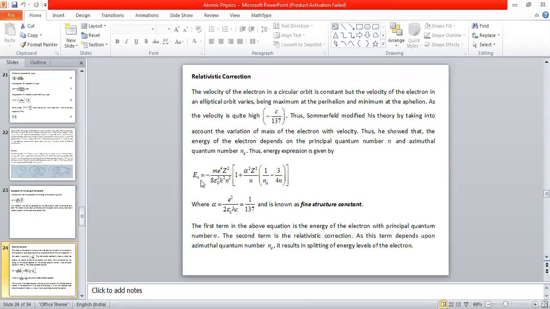So therefore I can conclude that En is now a function of nφ, the azimuthal quantum number, for different elliptical orbits in the main orbit. There are different values of nφ, so therefore energy also changes. So we can conclude that by taking into consideration the variation of mass of the electron, the energy expression actually changes, and it is going to depend on the azimuthal quantum number also. So for different elliptical orbits in a particular main orbit,